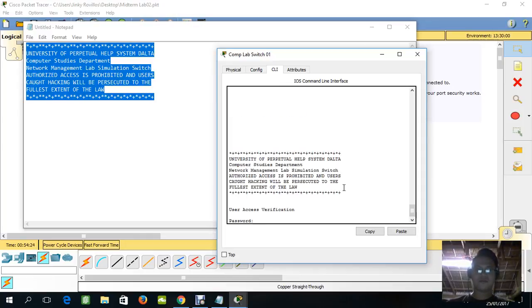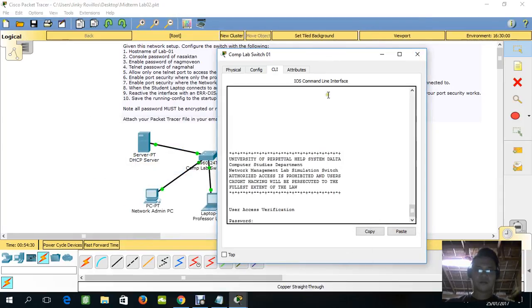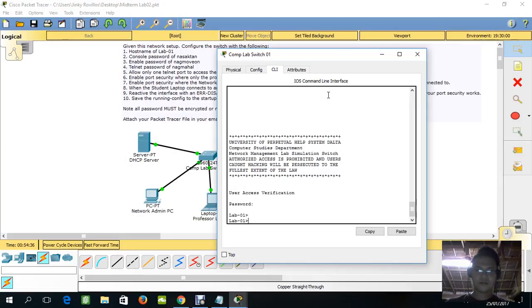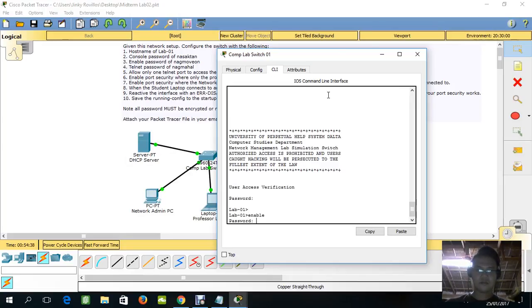Then just type the line password, and then enable password. Now move on.